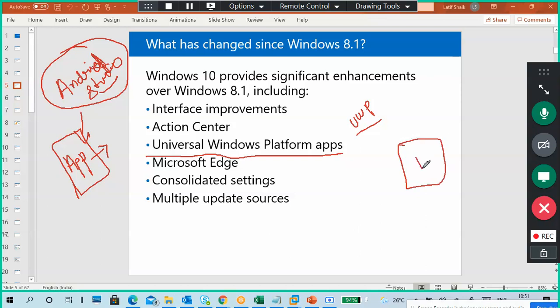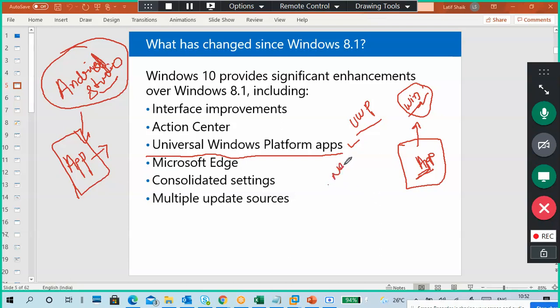If you want to build an application for Windows, mobiles, tablets, and for PCs, meaning laptop or desktop, you require the Universal Windows Platform. That was also introduced at the time of Windows 8, but actually it is introduced for Windows 10 purpose only. Okay, we can download it freely. You can learn. There are two languages that are important.